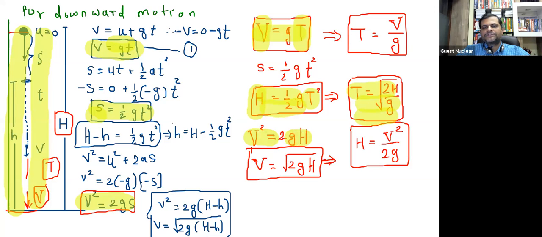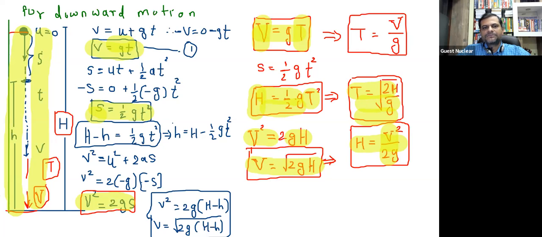velocity at the lowest point and height from which the body is released are connected by this equation v is equal to root of 2gh, which can also be written as h is equal to v square by 2g. Okay, so all these are the equations of motion applied for motion under gravity for any body which is moving under gravity. Okay, तो